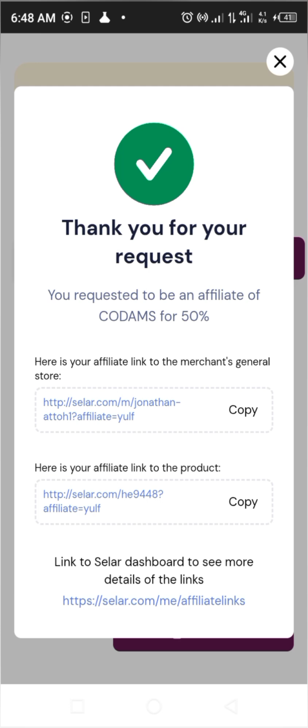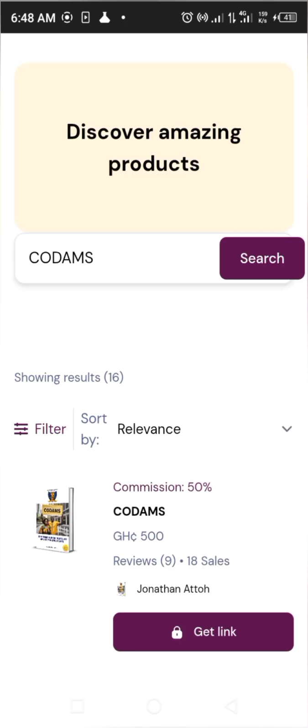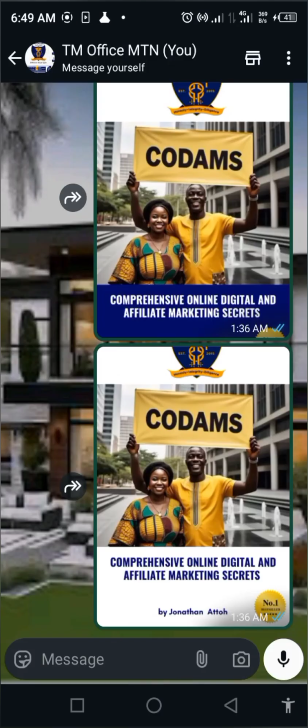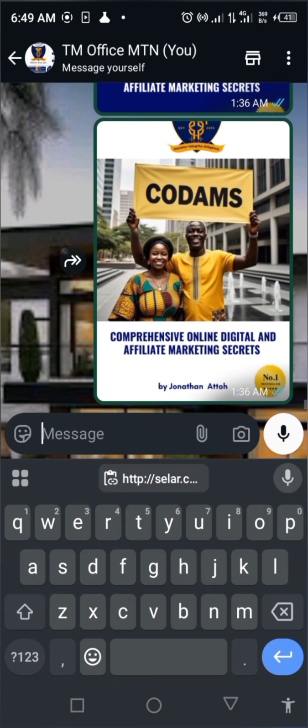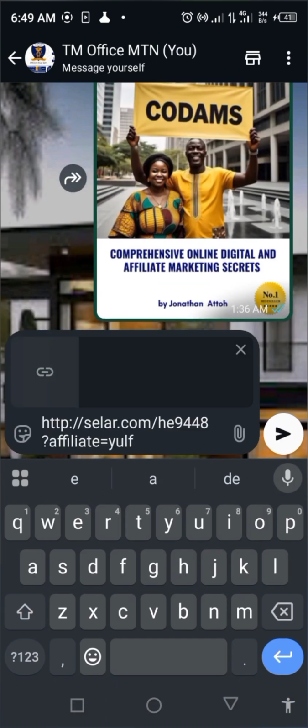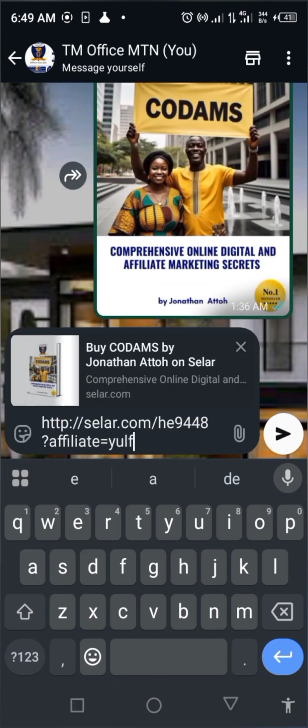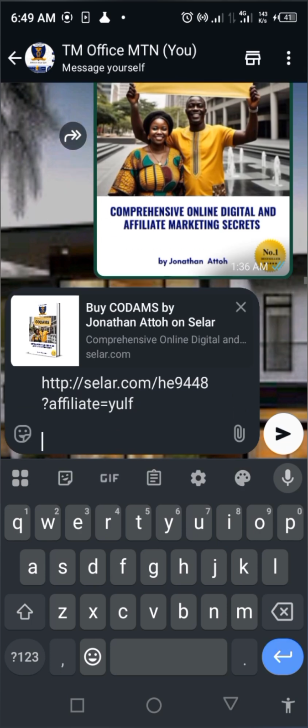So having copied this link, you can now close this interface and then go ahead and paste this link in your WhatsApp chat. You can paste this link somewhere, save in your WhatsApp chat. You wait for the link to load, and then you can also add a short text, such as tell the prospect to click on this link